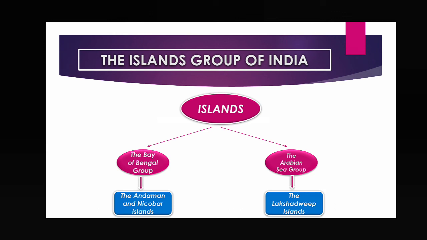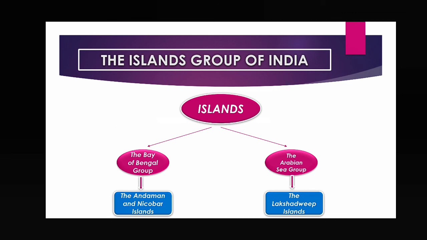Coral polyps are microorganisms. Their lifespan is very short. I have said microorganisms, that means we cannot easily see them with our open eyes. That's why they are called microorganisms. From their body CaCO3 is secreted, this CaCO3 is deposited and makes the island called the coral island, which is called Lakshadweep Island.